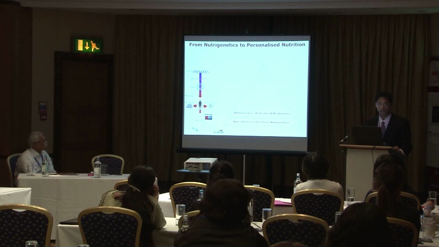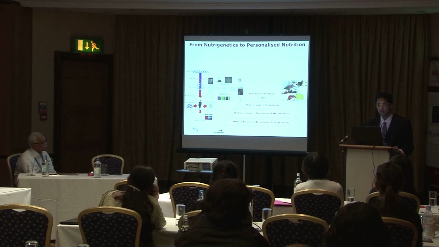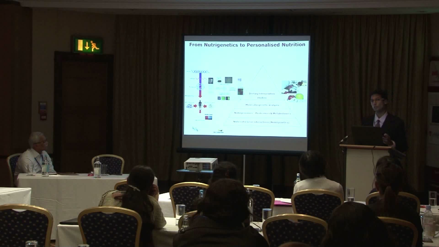variants that show an interaction need to be functionally characterized, for which we need well-equipped molecular genetic analysis. So once it is functionally characterized, then you could start developing the dietary intervention studies, which could be done based on the knowledge of the genotype. So we are currently doing some of the dietary intervention studies and also nutrigenomics analysis, but the question is about